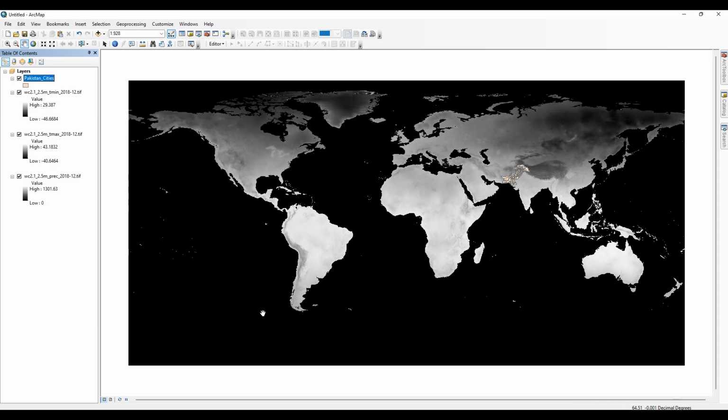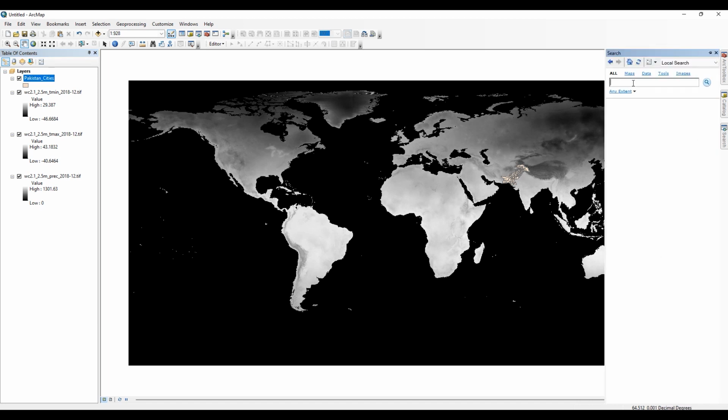Now we need to extract it by mask because we need the data only for this country. Go to the search bar and write extract by mask.